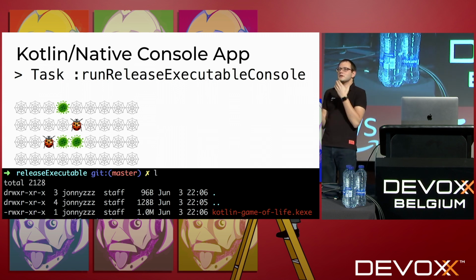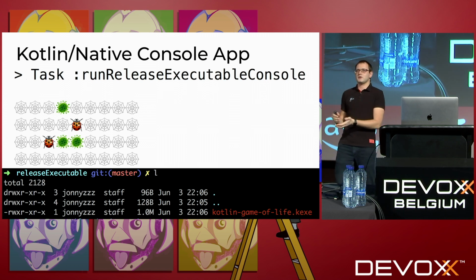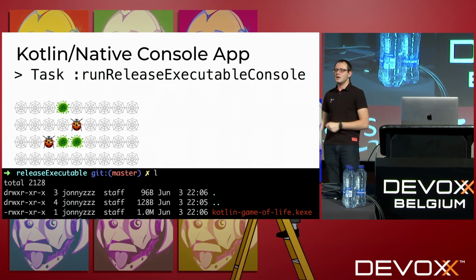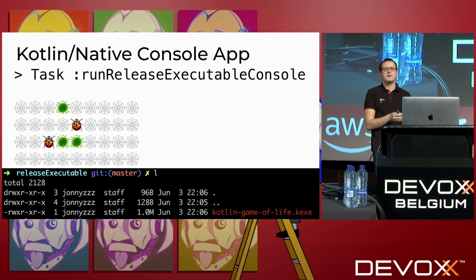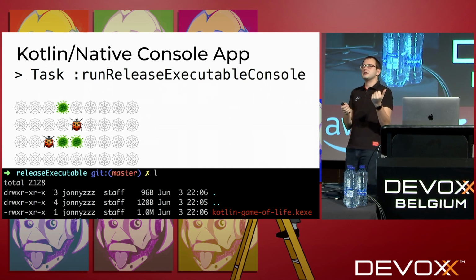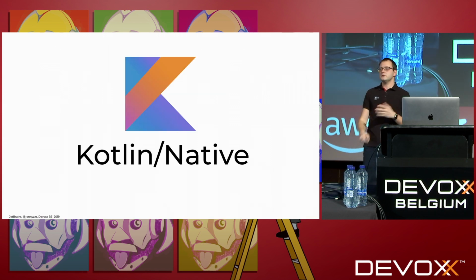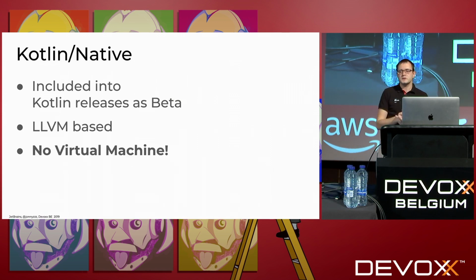Then I decided to see, can I create a binary out of it? Sure, I can use Graal or anything else, but I decided to create a binary with Kotlin. There is Kotlin Native, which is able to generate a binary for me. This is the way, for example, to run my code on iOS. I created a binary which is one megabyte long. It doesn't require any virtual machine to run. It has its own GC inside. So I was able to do it.